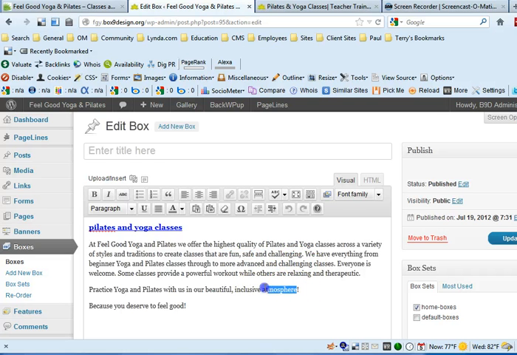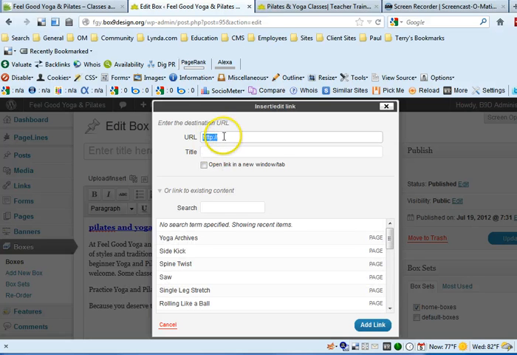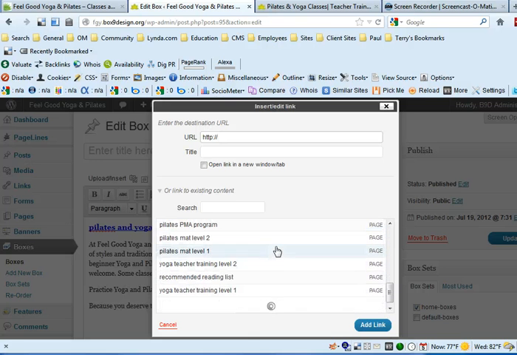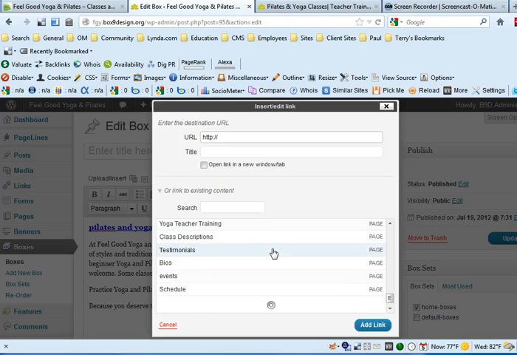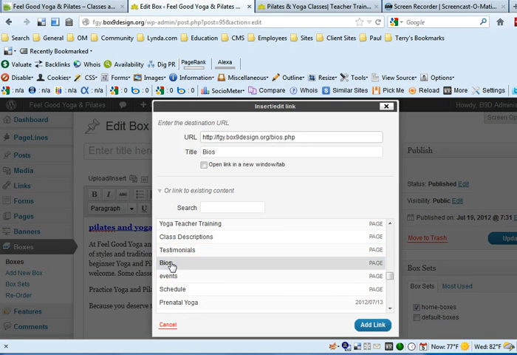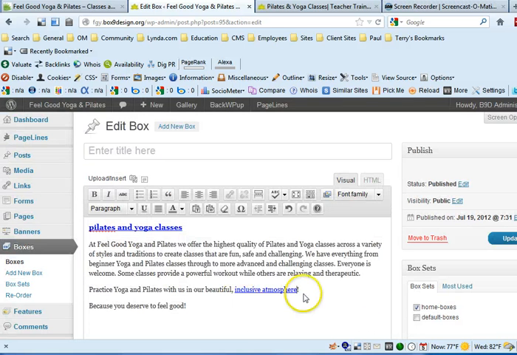If you wanted to have inclusive atmosphere link to a page on the website, you highlight it and you press the link button. This brings you to here, so you can either type a URL in here. So if you wanted that to link to google.com, you just type it in there. Or down here are all of the articles on your website and all of the pages on your website. So you can just link directly to bios, and it gives you the link there, and the title you don't have to worry about, and you just add the link. There it is. And then you press update,